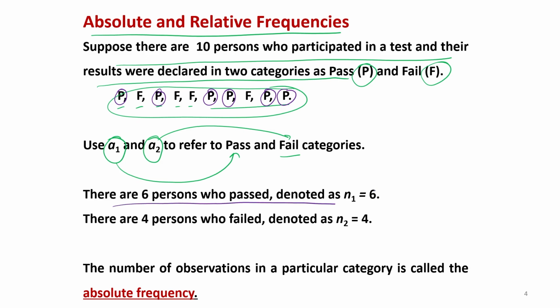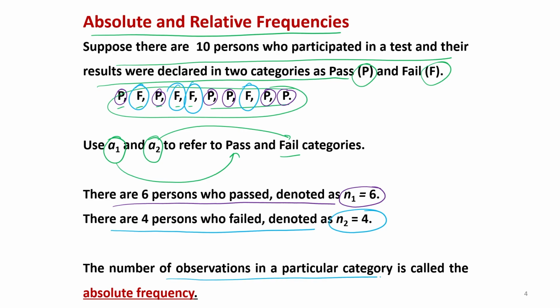So this number I try to denote as N1 is equal to 6. And similarly, if I try to take here how many persons have failed. So let me count it here. 1, 2, 3, 4. So out of 10 persons, there are 4 persons who have actually failed, or there are 4 persons in the category A2. So this number is denoted here as N2 is equal to 4. So this number of observations in a particular category is called absolute frequency, right? So now you can imagine that if you have got millions and billions of observations,